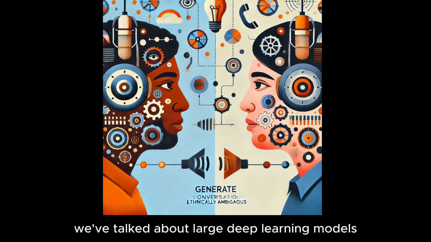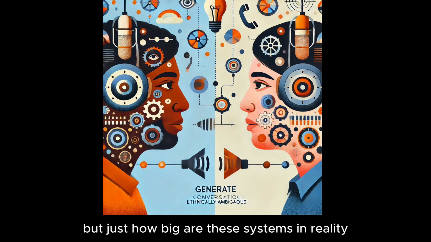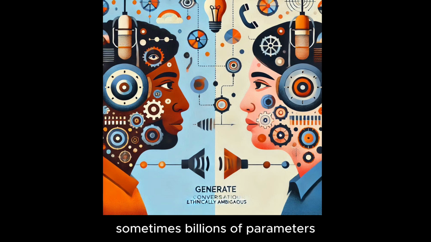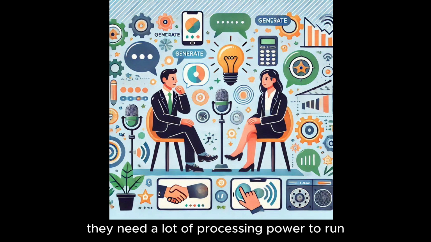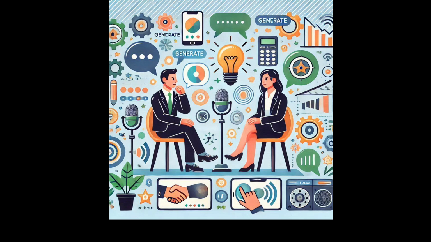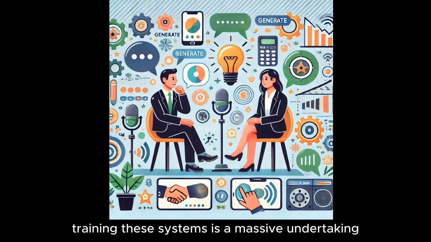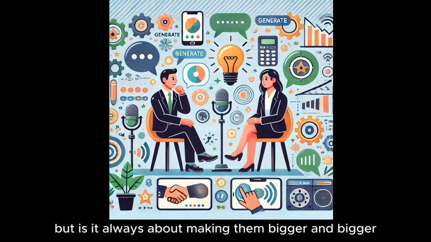We've talked about large, deep learning models, but just how big are these systems in reality? We're talking about models with millions, sometimes billions of parameters. They need a lot of processing power to run. Wow, that's impressive. It sounds like training these systems is a massive undertaking, but